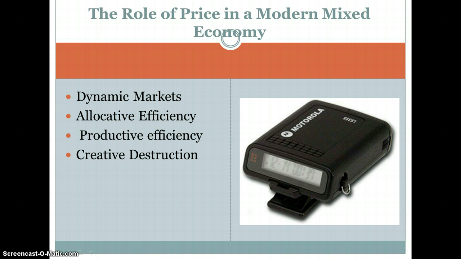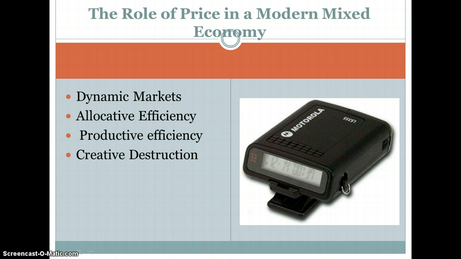So why would anybody want a pager? Because someone could call you and put their number on there, and you would see, oh, this person called me. So you could go get a phone and call them back. And they could leave their number on you anywhere you were. Now, why does this product not really exist much anymore? We don't see many pagers or beepers anymore.